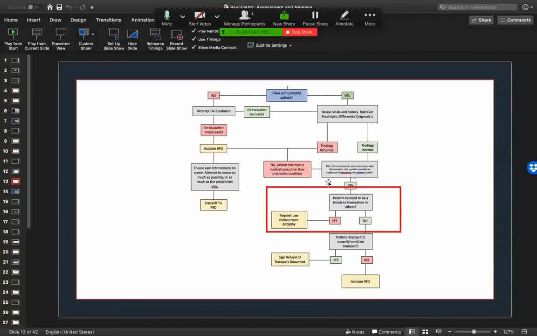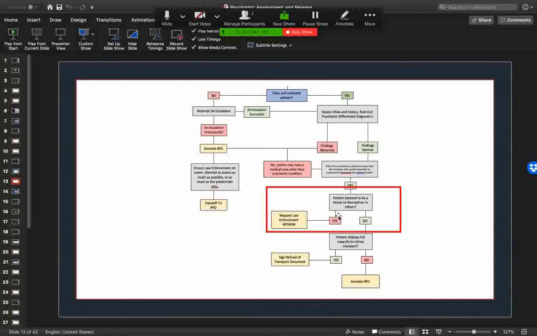All right, so we've articulated that after full assessment, the patient presents with no condition that could reasonably be suspected of endangering the patient's health. We've ruled out all of our differentials, and all our vitals are normal. Now, let's say they did have a psychiatric history of schizophrenia, for instance. After all the assessment, we've ruled out everything and vitals are normal, but they have a psychiatric history. The next question we have to ask ourselves: are they deemed to be a threat to